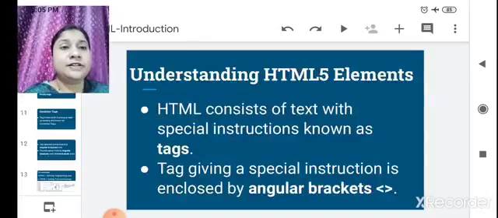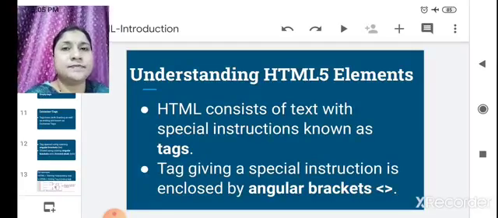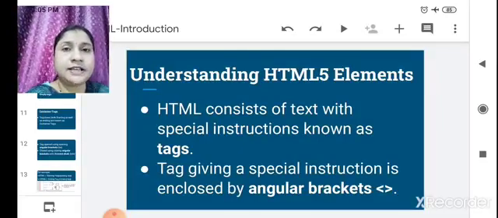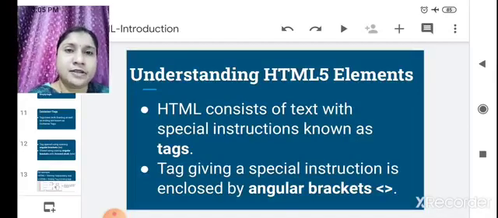Now we will understand how HTML5 elements work. Understanding HTML5 elements: HTML consists of text with special instructions known as tags. Whatever instructions are written in HTML are written as special instructions known as tags. Within the tags, the information or data is written in HTML.